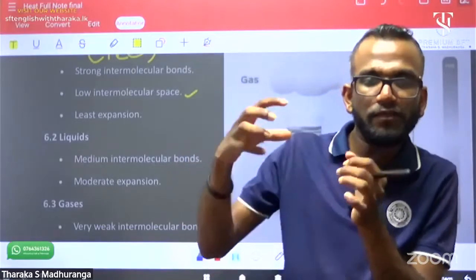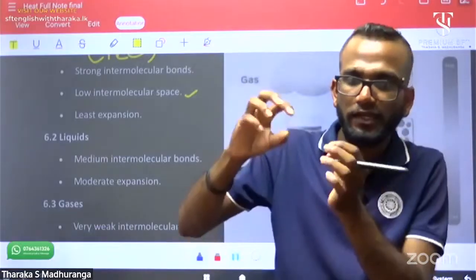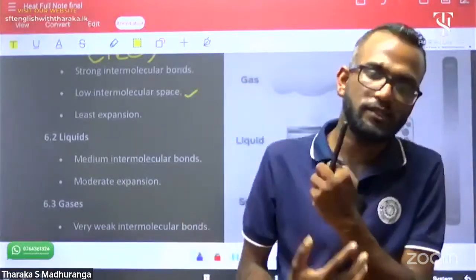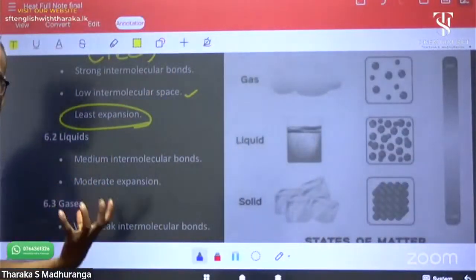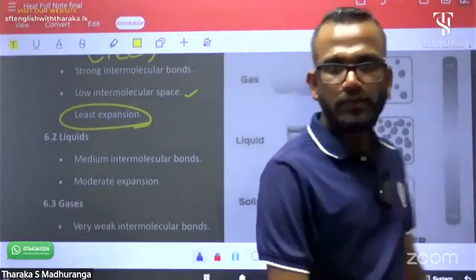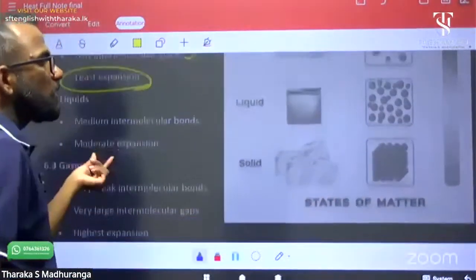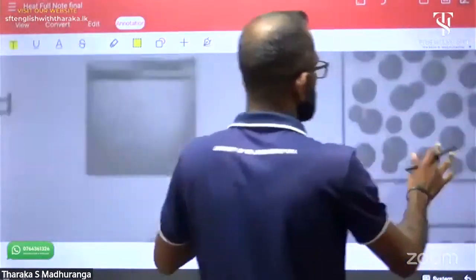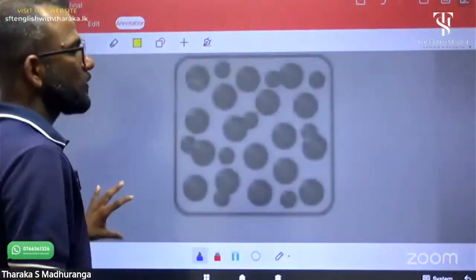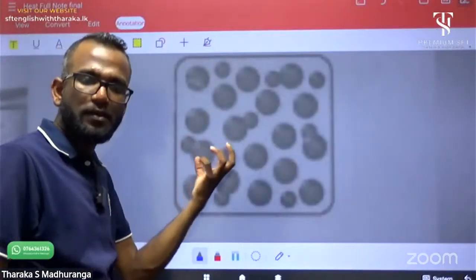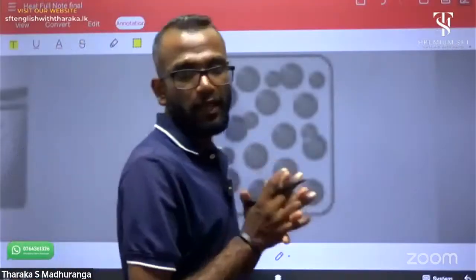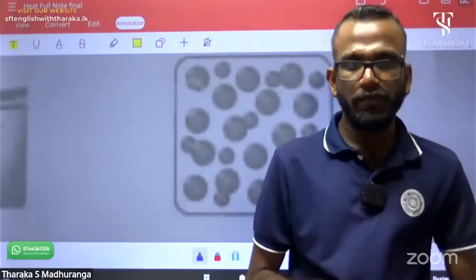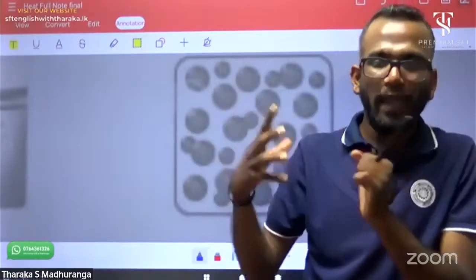They are compacted. Therefore, when heated, their vibration ability is very limited. Therefore, their expansion ability is very low. If you have a liquid, they are also compacted, but they have more spaces than solid. Water, liquid water, they have spaces,